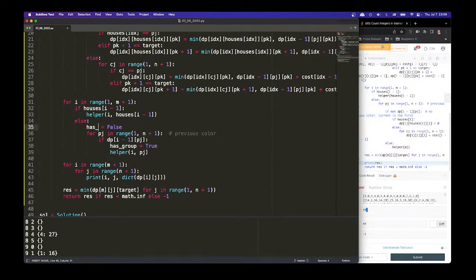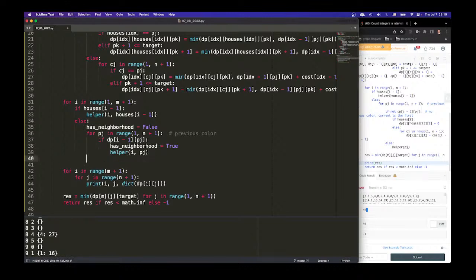Yeah, has neighborhood. Yeah, let's make it more explicit. Has neighborhood, right? And then when we get out, we say if not has neighborhood. If the previous one doesn't have neighborhood, right? If it does not have neighborhood, and